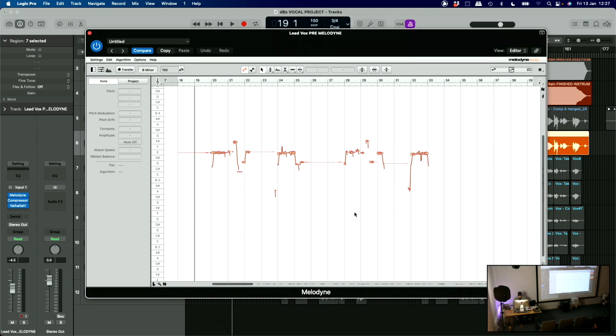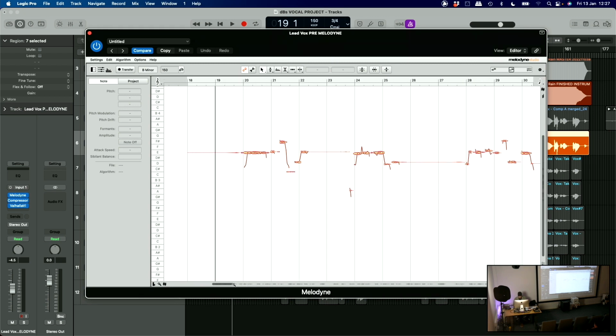First thing I've done, analyze. Why is that not adjusting? I don't know why sometimes the shortcuts work, sometimes they don't with Melodyne. Sorry, I'm mumbling. So I've just analyzed this vocal into Melodyne. First thing that I do before I put any kind of tuning or modulation correction on is you can see